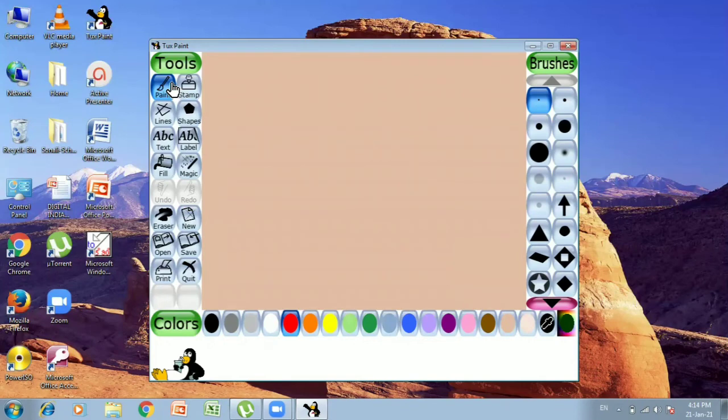So I've selected the paint tool here. From this selector box of brushes, I can select the thickness or the different style of the line that I am drawing. Suppose I select this thickness, and the color I choose is purple. Now suppose I try to draw a pot.